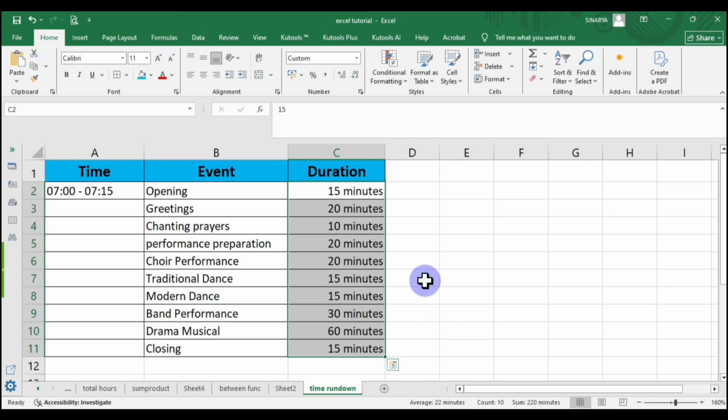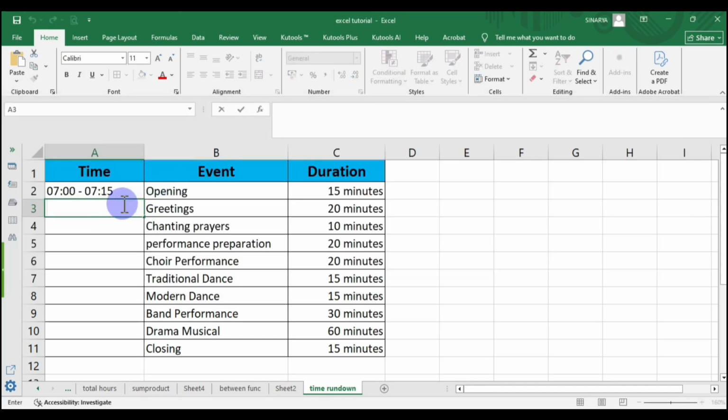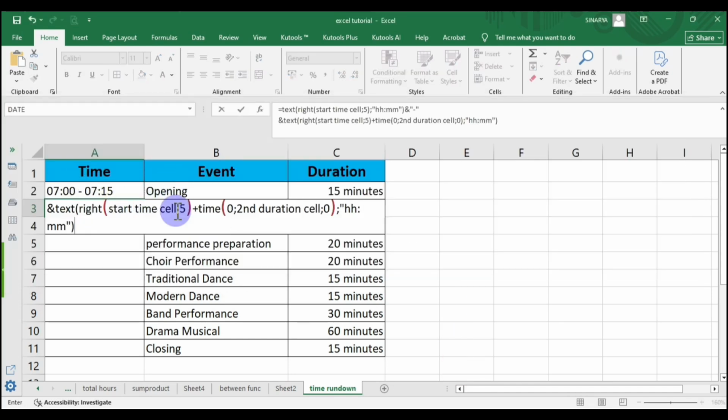Now to make the time update automatically, make sure you already have the start time like this. Just enter it in the first row. This will be used as the reference. Then in the next row just enter this formula. I will copy it and then paste it on the cells and then